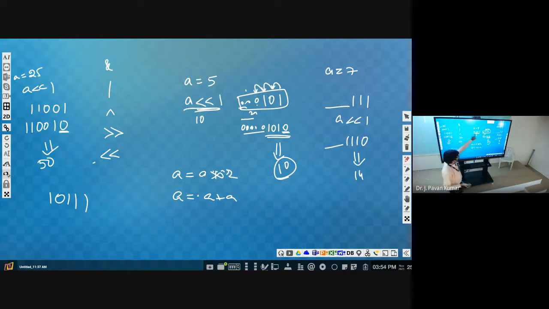A is equal to A left shift by 1. That is fine. Or if you want, you can write A is equal to A left shift 1. Just check it out in the lab whether it is equal to this one or not. And you can check one more thing also: use B here instead of A, then check whether A is being updated or not, and whether B is updated or not, how it is working.